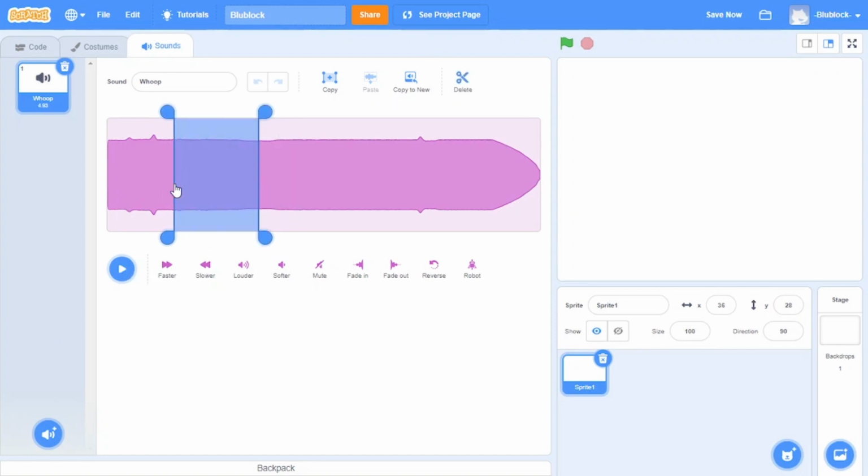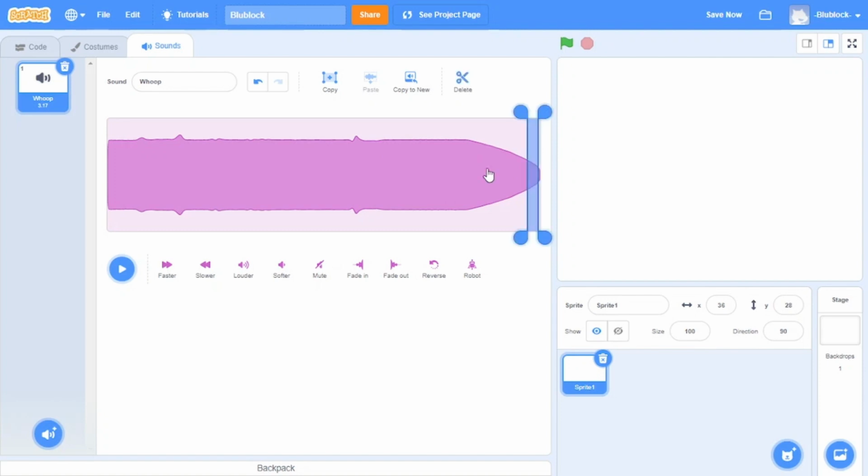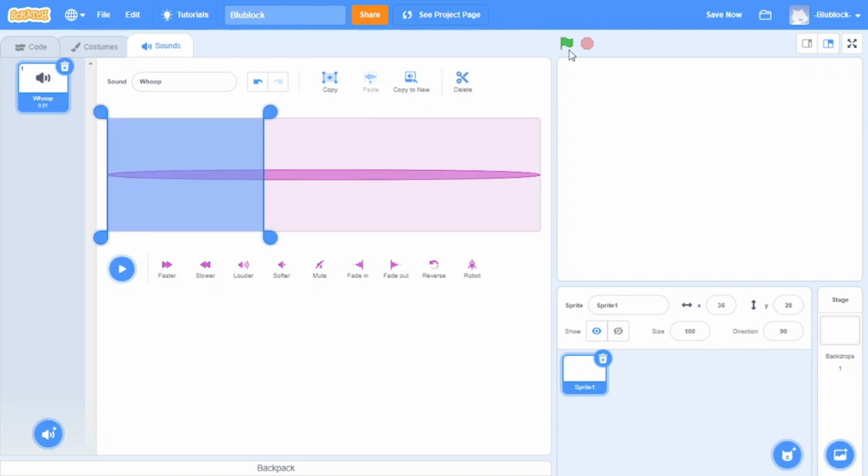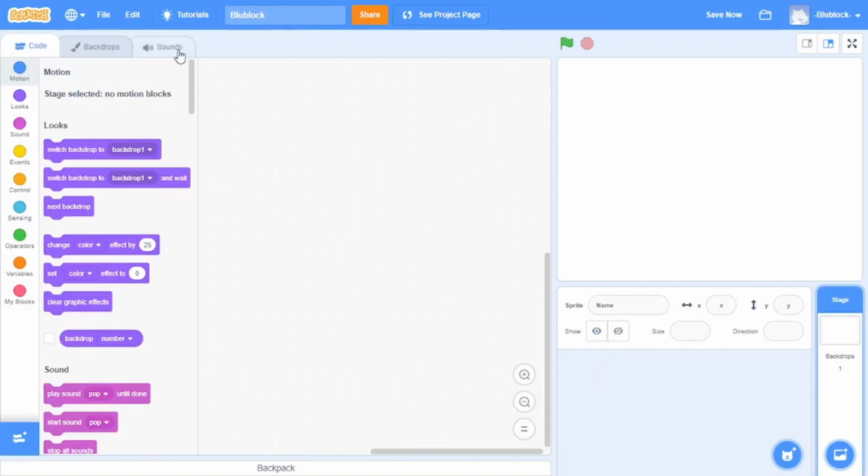So we can grab a piece and extend it. And we can delete, so you can delete a part of the sound. So now we have this, because we cut a part of the sound off. We can cut the entire thing if you want, but it's going to get really small, to the point where it's probably not going to sound like anything. Yeah, so that's about it for sounds, but it's not really,